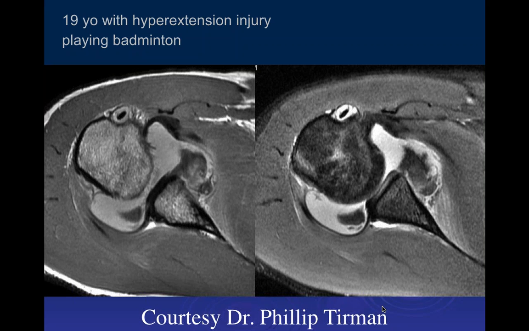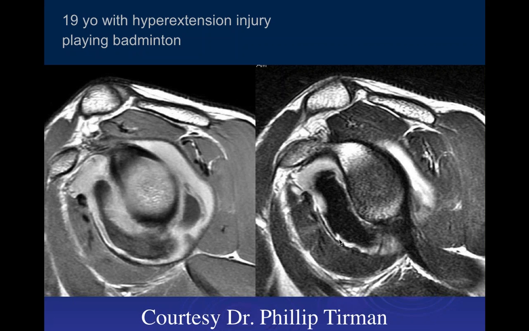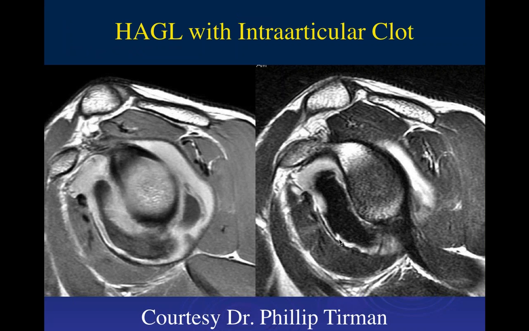But there's a lot of this amorphous, irregular signal intensity, kind of on both sides of the glenoid there. And also notice that the posterior margin of the glenoid is a little bit flattened. Okay, so what's happening here? Interesting. Well, the way it's sort of layering, I would wonder if there's a hemorrhagic effusion or something like that,